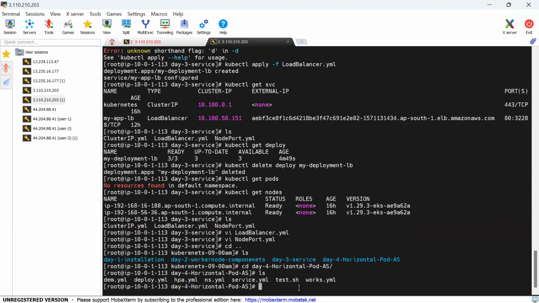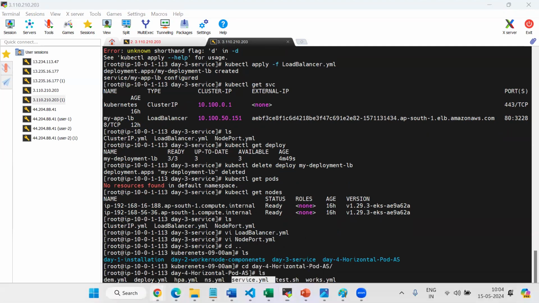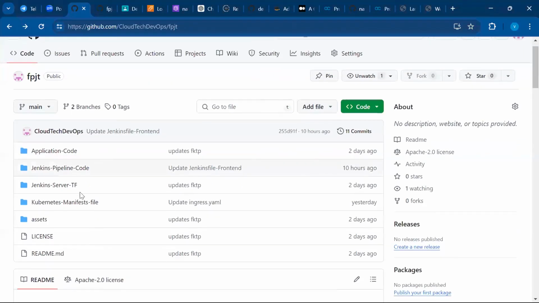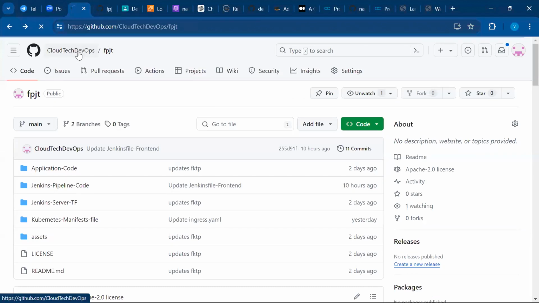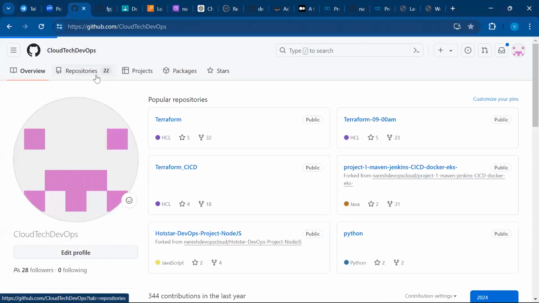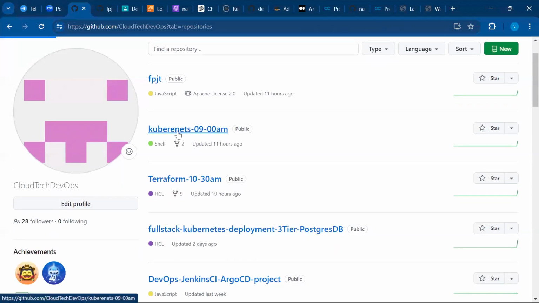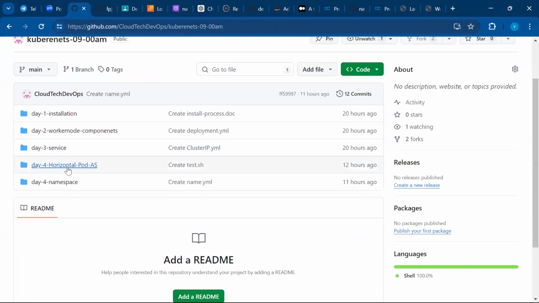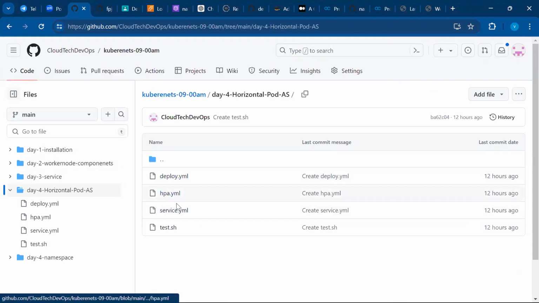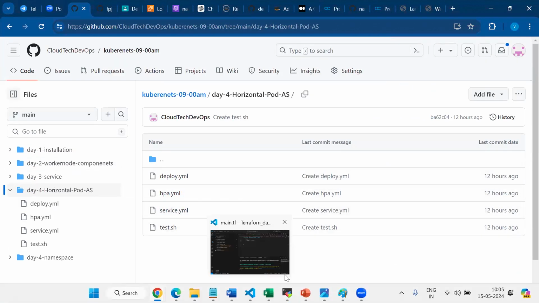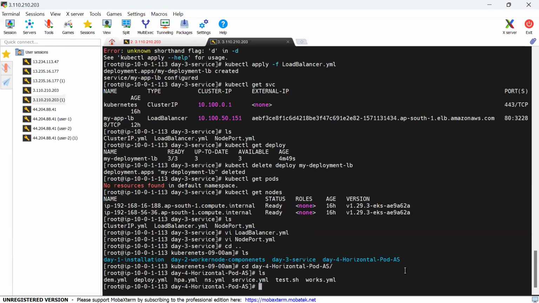Okay. See, as we know, deployment.yaml is there. Service.yaml is there. Many other things also there. What I can do, I'll just remove a few of the unnecessary YAML files. So let me check my GitHub. Kubernetes 9 AM. I have already updated horizontal auto scaling also. So deploy, service, test. Okay, the remaining I can delete. rm -rf